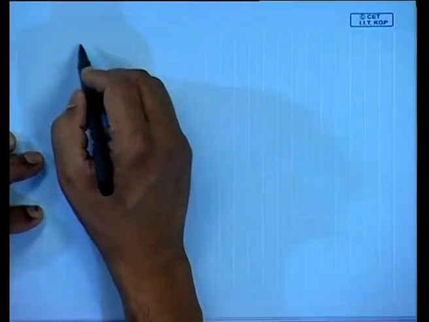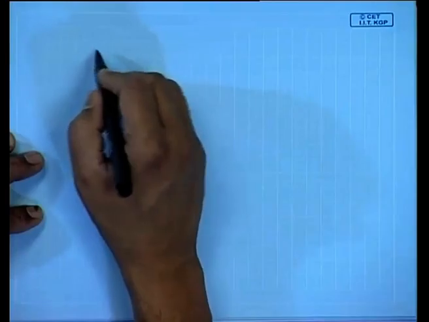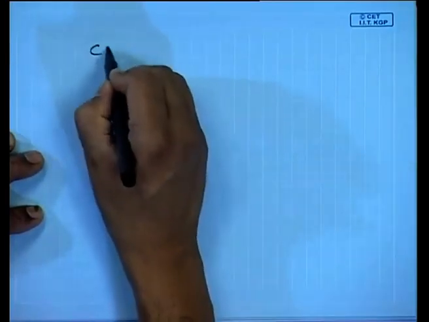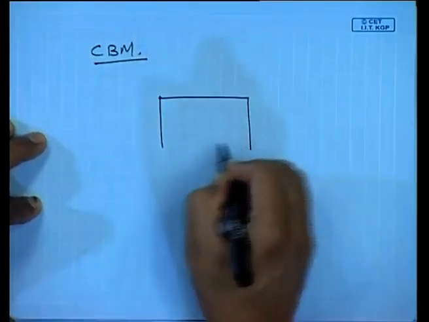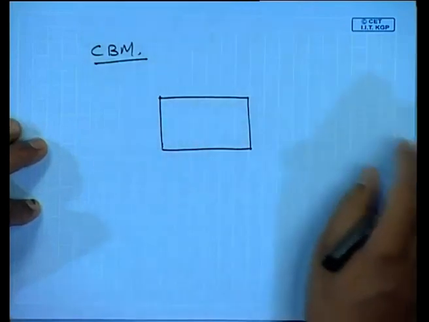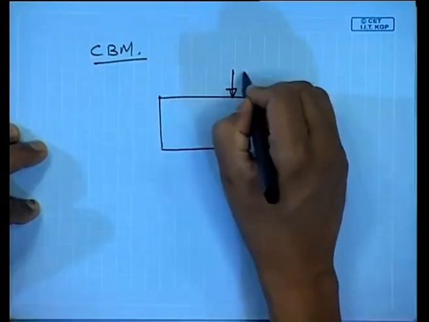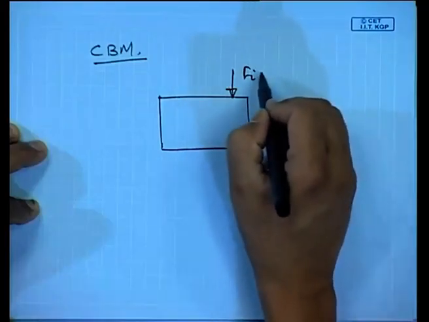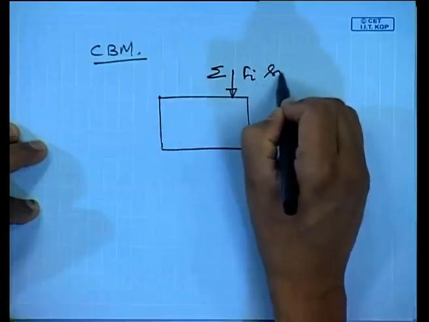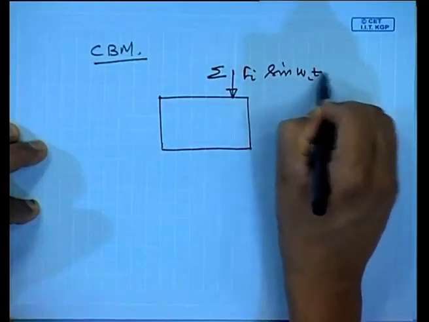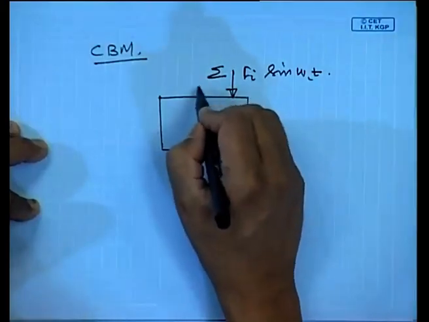Now, you will see certain interesting relationships here, in the sense of why we are studying this vibration and how it helps us in CBM. If you take a machinery, there could be many forces, which I am writing as summation of say Fi sin omega i t. There could be many such forces